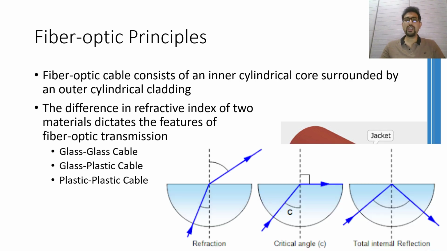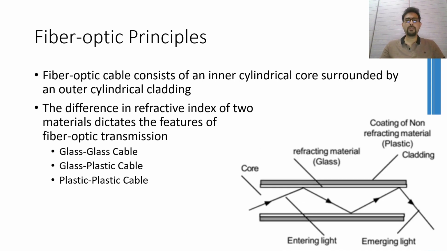The phenomenon of total internal reflection is utilized over here. You might know from your physics class that the light will completely return back to the first material or the first medium depending on two things. One, the difference of refractive index between the two mediums, and secondly, the angle with which it approaches the second medium from the first one. In fiber optic cables, the refractive index of both the cladding and the core is controlled by choosing a suitable material, whereas the angle with which the majority of the light beam moves is controlled by the alignment of the transmitter